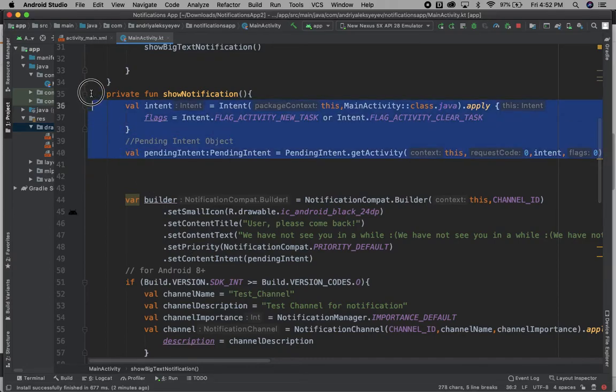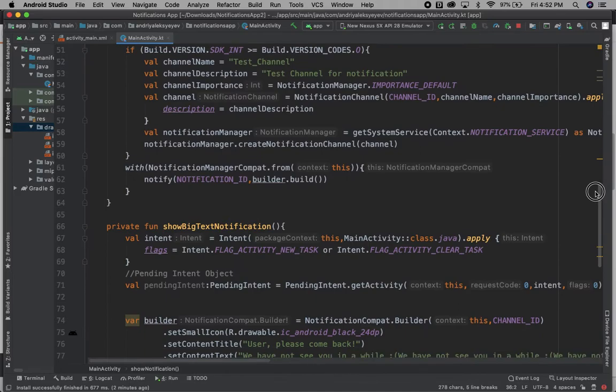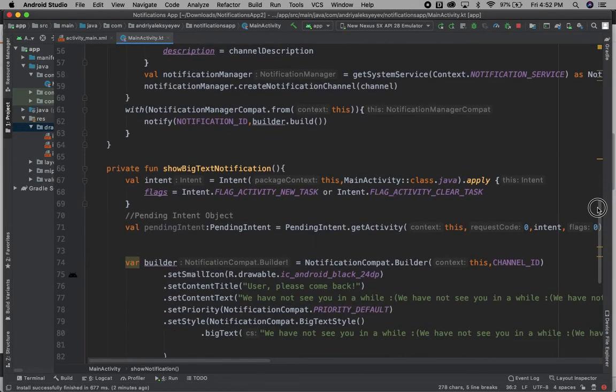Intent. Did I add this, the whole thing? Yeah, we did, right? And then we need to say